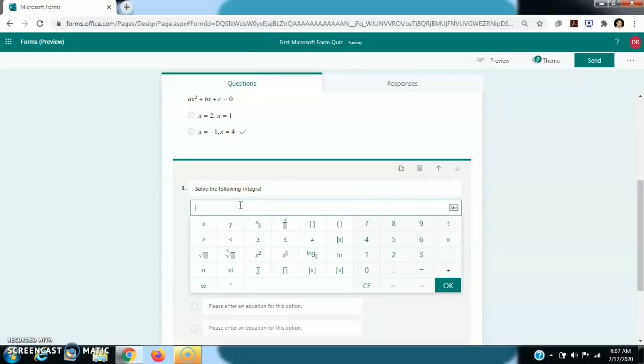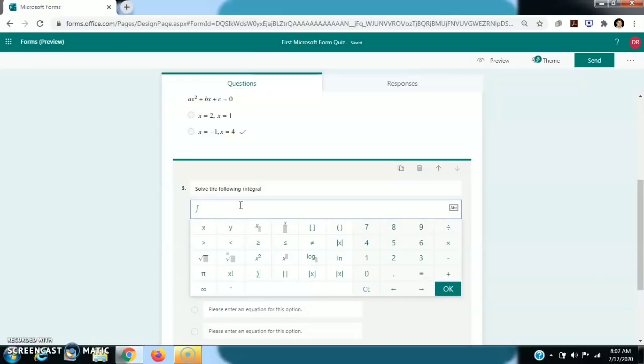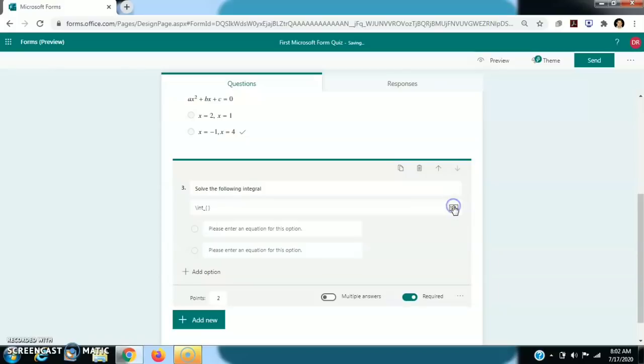Then I have to write an equation. So I will use LaTeX code. Suppose \int, underscore 1, 2, 5. Suppose I want to integrate the function x square within the limits 1 to 5.